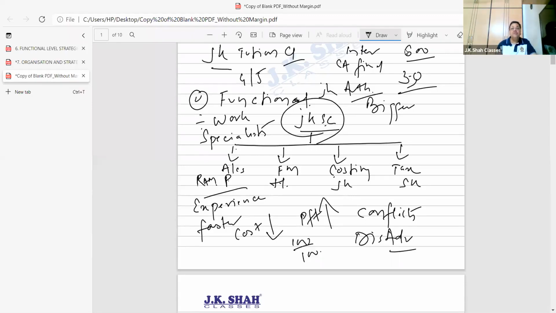What would happen, students? JK Sir and JK Classes will take the accolades for all the good that is done by the individual teachers. Maybe they'll tell Ram Prabhu "very good," but in front of society, who becomes popular and superior? JK Shah Classes. So beta, if a person does anything good in one department, the boss takes the credit. It can misfire also. How can it misfire?